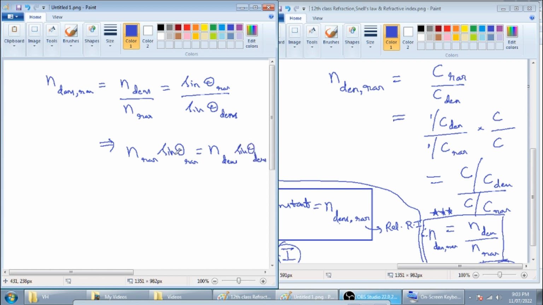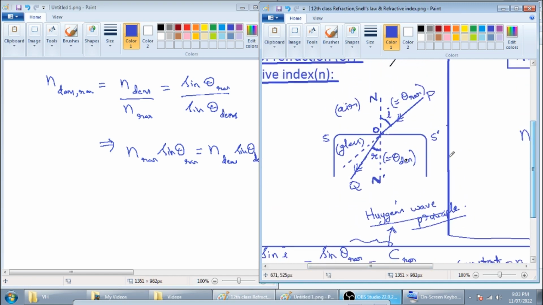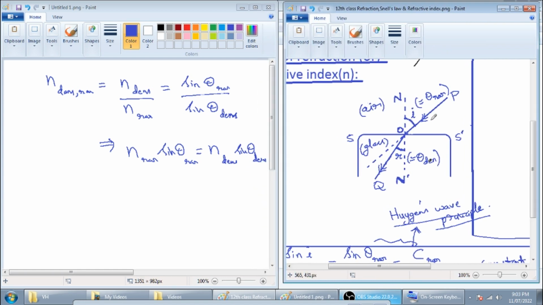That's what is coming. Now we have already seen that light is passing from the rarer medium to the denser medium. You can check this in the diagram once. Light is passing from where to where? Rarer medium into the denser medium. When light passes from rarer medium into the denser medium, and all these diagrams we have previously completed, the velocity of light is changing. Next, the angle made by the light ray with the normal is changing, and the refractive index is